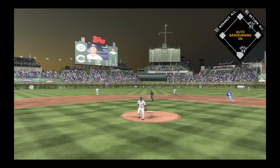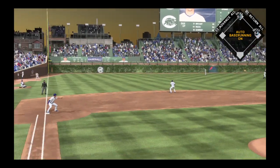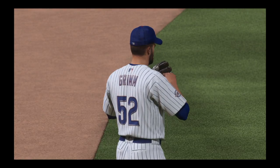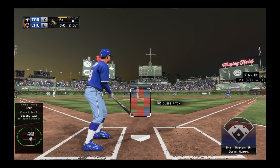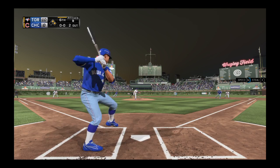Hit hard back up the middle, and that finds its way through for a base hit. Now batting, Kevin Pillar will stand in, one of the few guys not to join the hit parade so far. Yeah, guys, he's got to be feeling a little bit like that dog that gets left out in the rain while the rest of the family...